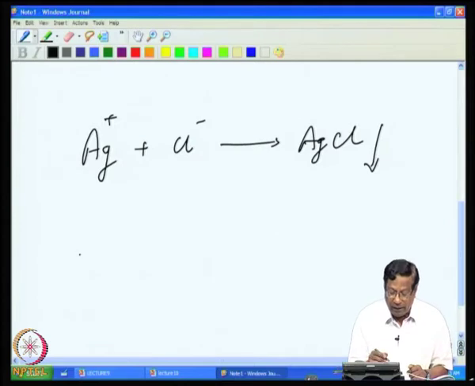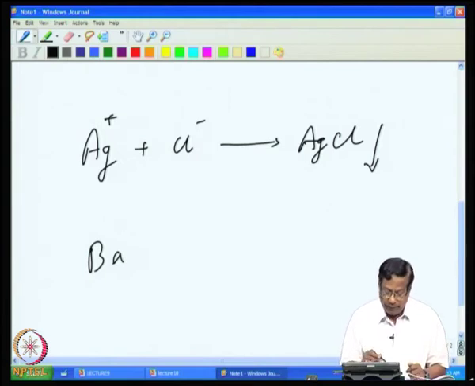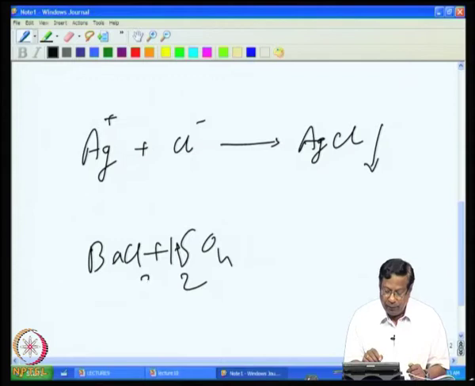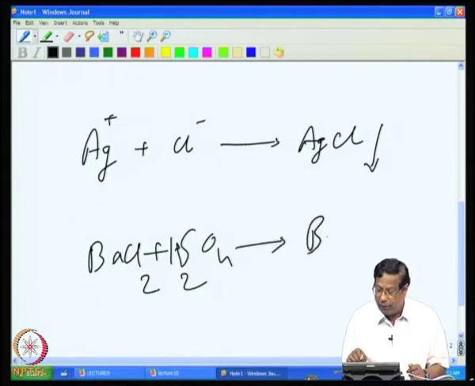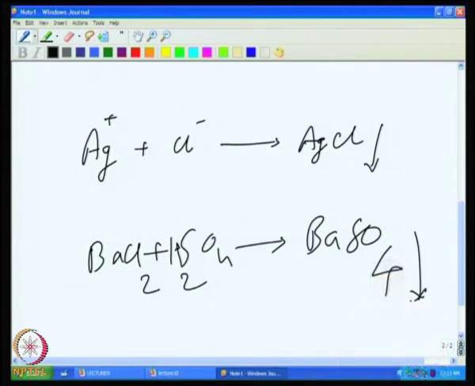Now, you can write similarly Ba2+ plus SO4 2- going to BaSO4. This is also a precipitate. Several thousands of reactions are there like this, which will form